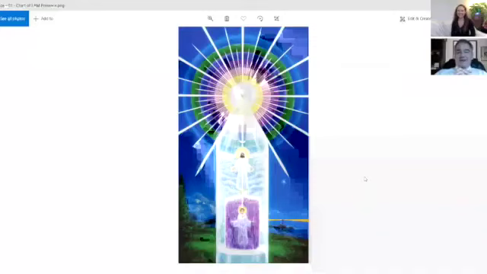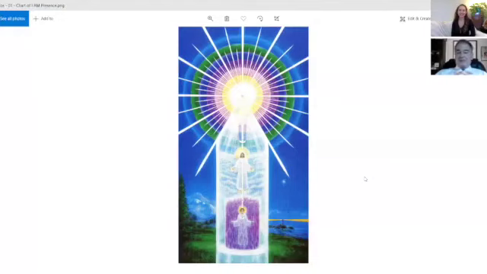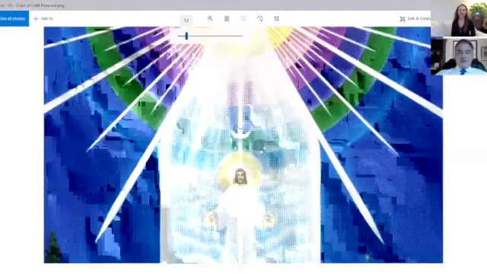We call this the chart of the I Am Presence, or the chart of the Divine Self. This is a diagram that was given to us by the Ascended Master Saint Germain about 100 years ago. And it really is a depiction of our spiritual anatomy in 7 dimensions. And this is where the expansion of consciousness begins, because we are accustomed to a 3-dimensional experience,